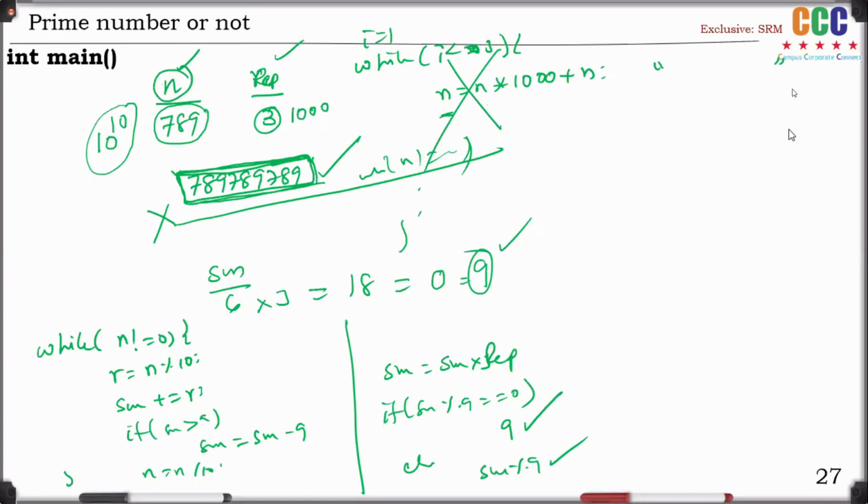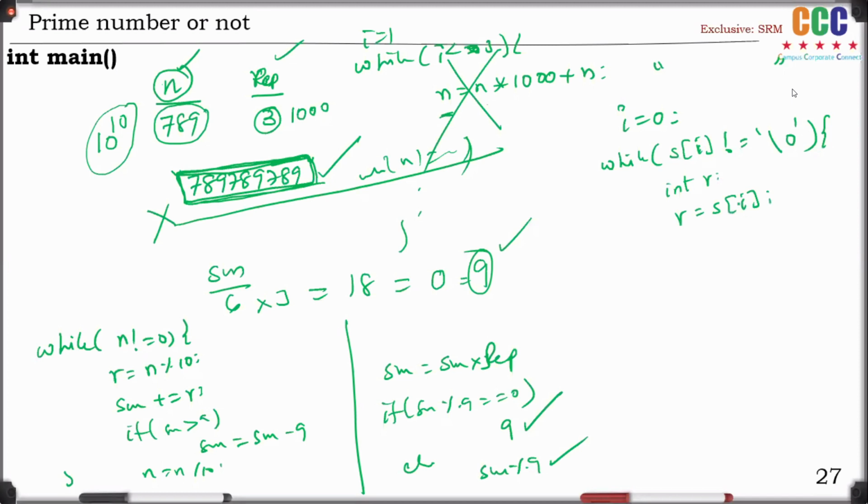Then what is the first index of string? Obviously index 0. Then what? How can I check the last index? Simply while, for example, string is there, s of i not equal to null character, right? This is the way we can check the last ending of the string. If it is so, getting every character, what is that? S of i is every character. Therefore, simply store it in integer. Okay. Therefore, integer r is equal to s of i, because we will get every character as it is.